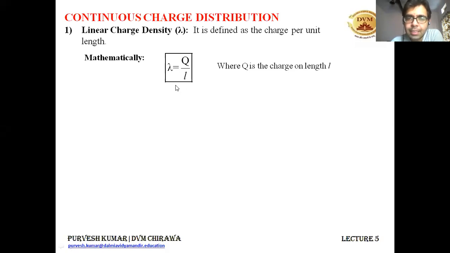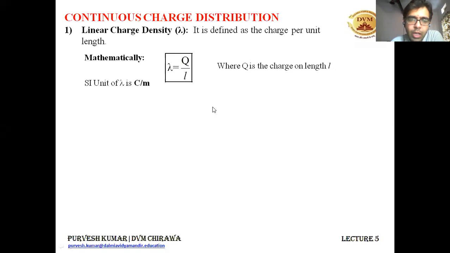So this linear charge density is the charge distributed per unit length. So in length L, if the total amount of charge is Q, then linear charge density can be written as Q by L. So if someone asks you what is the amount of charge present in length L, then you can easily multiply this lambda with L and you'll get the value of Q. So Q is the amount of charge that is present in length L. The SI unit of linear charge density is coulomb per meter, coulomb for the charge and meter for the length. All right.